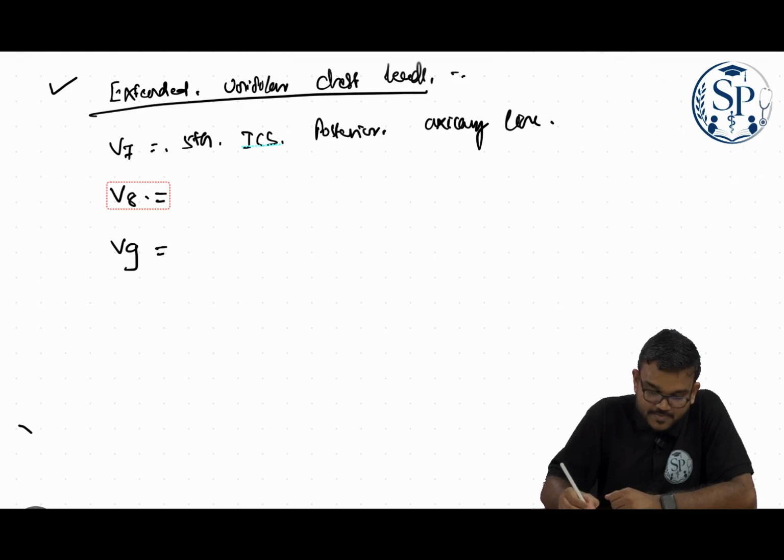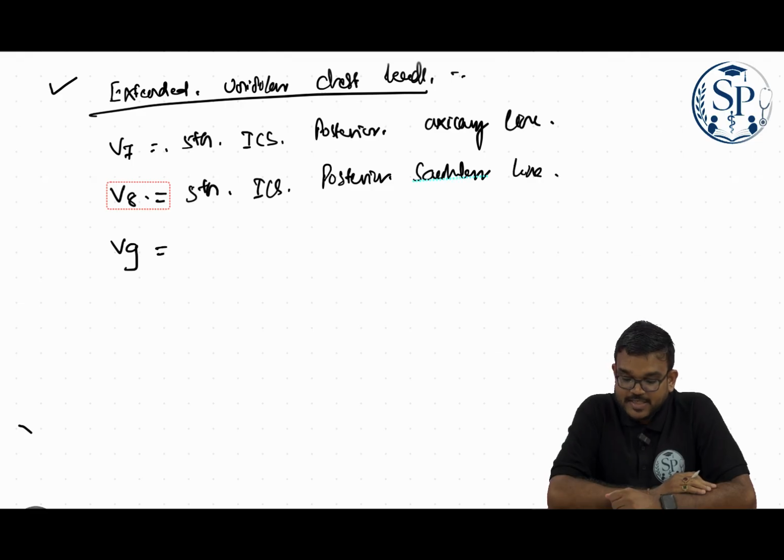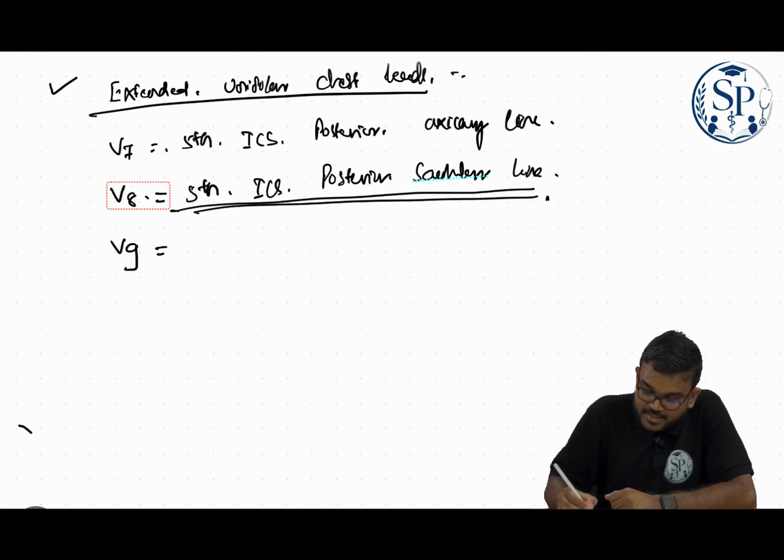The V8 is placed in the fifth intercostal space over the posterior scapular line, whereas the V9 is placed